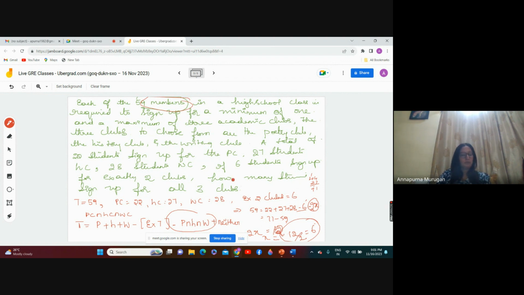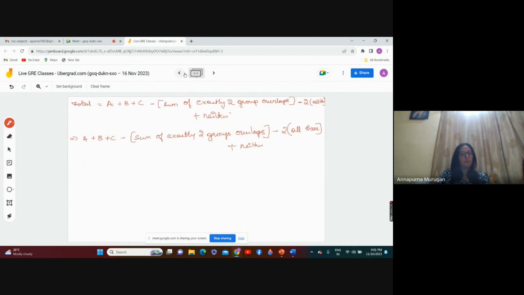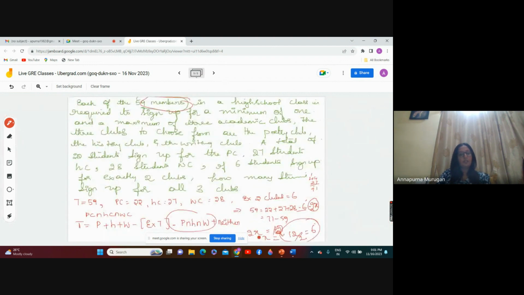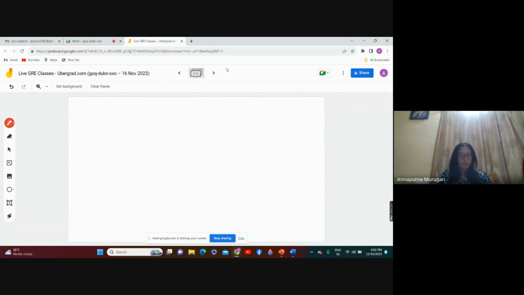This is the thing we basically have. We used this formula, 2 times all 3. So we shifted 2 times x to this side, so it became positive. x is equal to 12 by 2, that is 6. Getting it? Any doubts on these things? No or yes? Okay. Now let me take one more question and kindly do it. I'll be waiting for the answer. I won't be doing this.